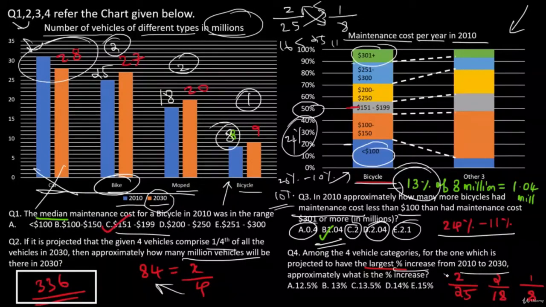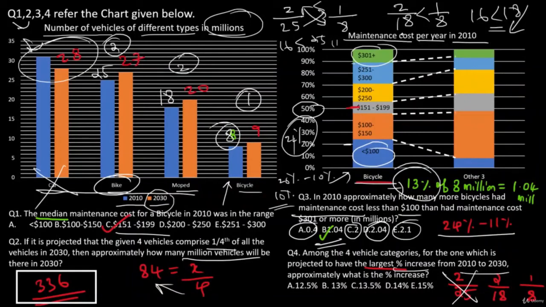All right. So it's definitely not this one because we need to find the greatest, right? And we have just found that 1 by 8 is greater than 2 by 25. Now let's compare these two. We have 2 by 18 and 1 by 8. Again, you cross multiply. 2 into 8 is 16 and 18 into 1 is 18, right? Again, 18 is greater than 16. So the same sign holds true over here as well. So 1 by 8 is greater than 2 by 18. Therefore, again 2 by 18 is also eliminated